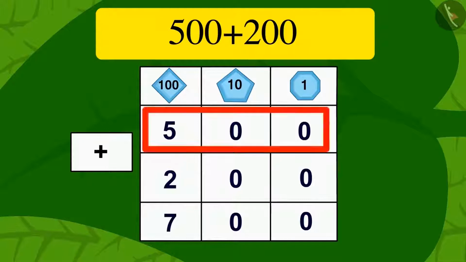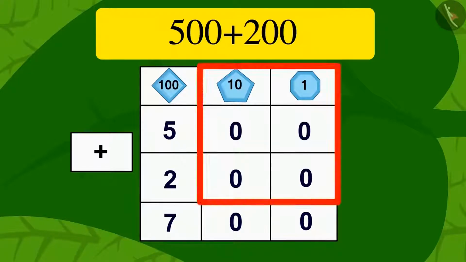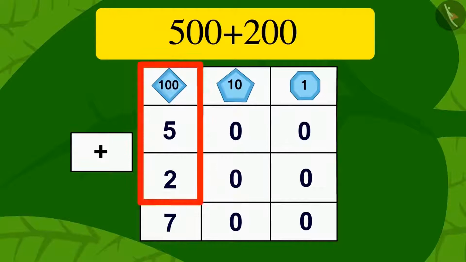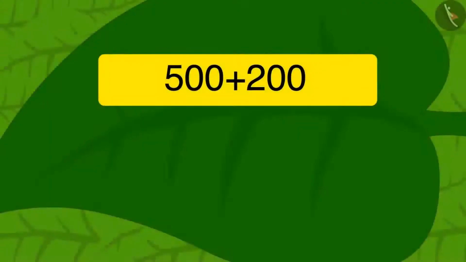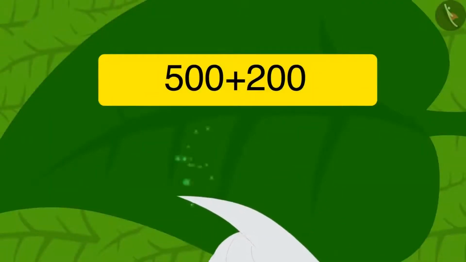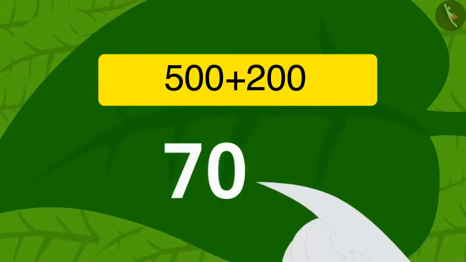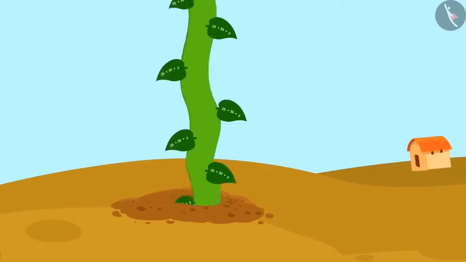Children, remember, if any two 3-digit numbers are to be added, we have only 0 in the tens and ones places. We can quickly find the solution to that addition by adding the two numbers written in the hundreds place and adding 2 zeros behind it. Like what Meenu did, Uncle too wrote the answer to the riddle, 700, on the vine leaf with his finger. And then again, the vine sunk into the ground and got shorter.